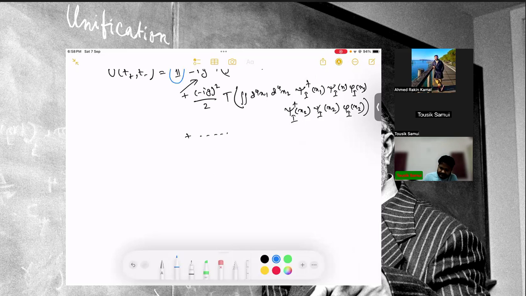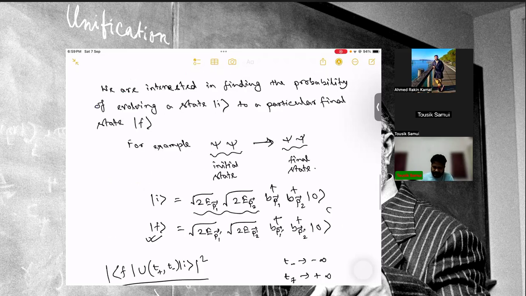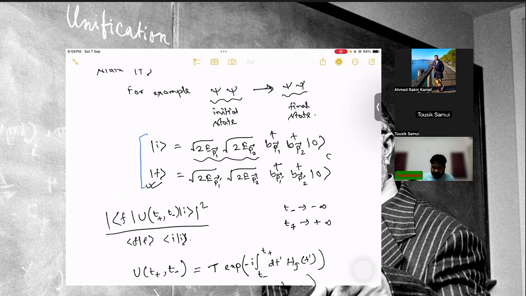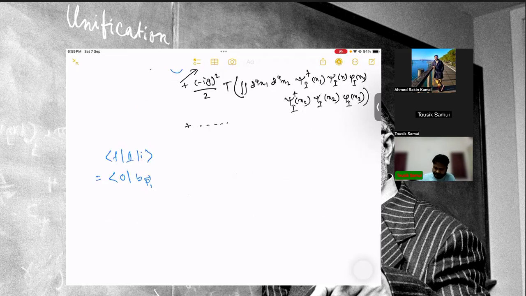So with this first term, if we now calculate this, with the initial state i and final state f, and if we remember the expression, it will be b dagger b dagger from the states, b_p' b_p2', then b_p1 dagger b_p2 dagger,